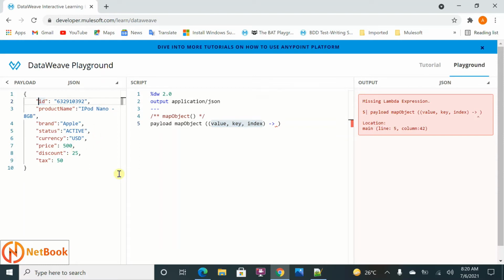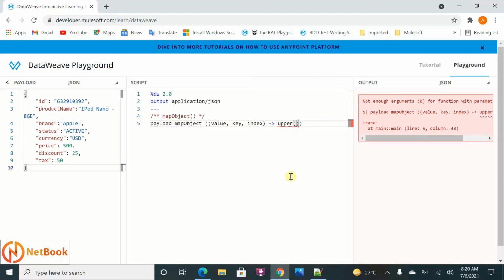My requirement here is that each key is currently shown in lowercase, but I want to make all of them capital letters. To do that, I want to iterate over each and every key and make it upper. We know how to make it upper. So I'm going to say upper, and it is the key that I need to make upper, right?